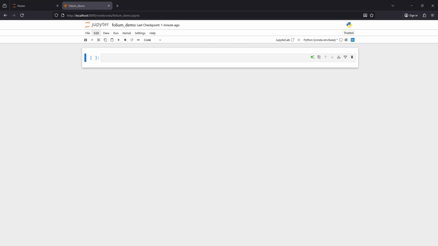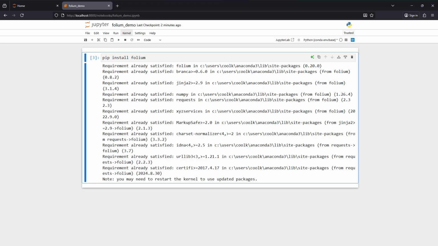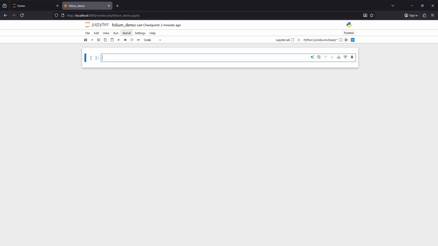Today we're going to explore how to create an interactive map with just a few lines of code. I've already opened Jupyter Notebook, and the library that we're going to use for this purpose is called Folium. To use Folium we first need to install it, so we can run this command, but I've already done this. Now it says that the requirement is already satisfied, so then I can directly import Folium